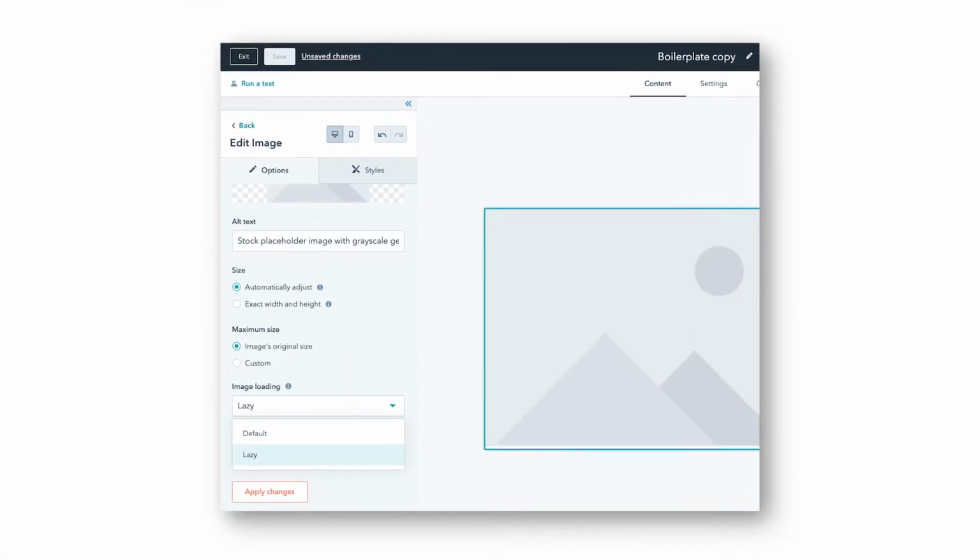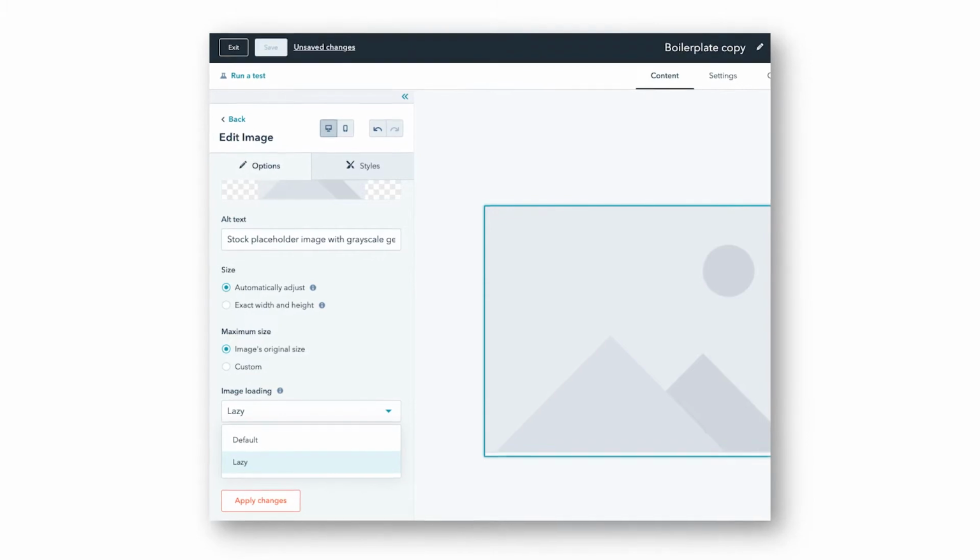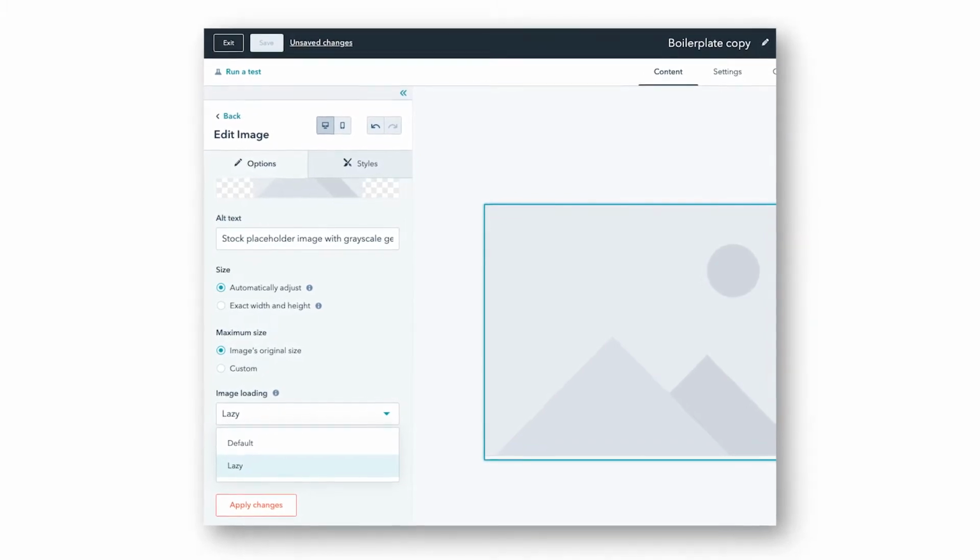What's great is that HubSpot have made it so that you can easily enable lazy loading for images on all of your pages. This can be done for images within an image module, a rich text module, or a custom module by simply switching the image loading toggle over to lazy. Head over to your pages in the CMS and toggle on lazy loading to ensure your content loads as fast as possible. Now for an update I know you lovers of smart content will get around.